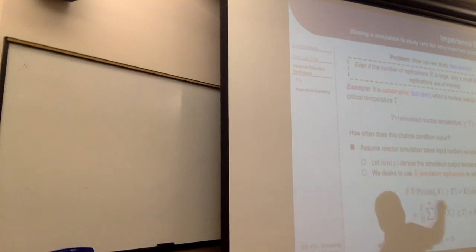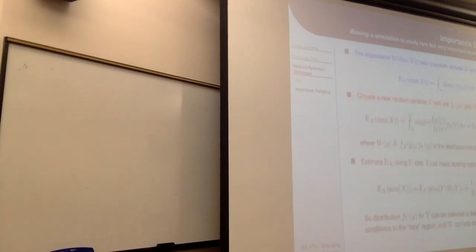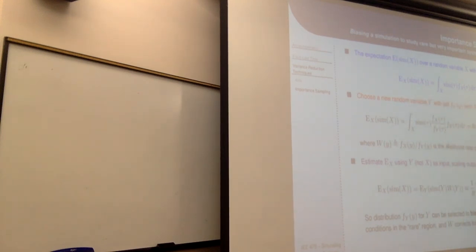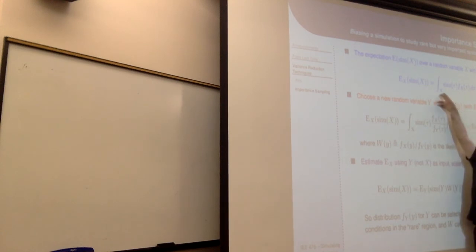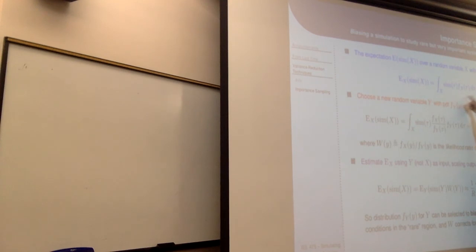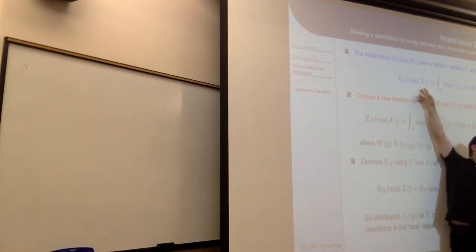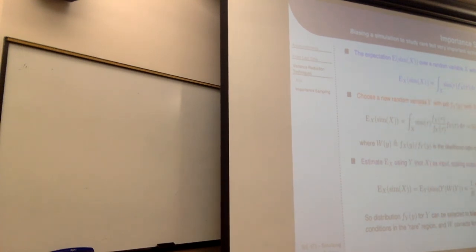I sort of don't care about normal operations. So the idea here is, can I somehow bias my simulation to generate more of these meltdown events than would normally happen, and then somehow correct for that bias afterwards? The way we do that is we look back and say, well, the expected value of a random variable when you run it through a function is this thing. It's just the integral over the support of that variable, times whatever the function is, times the density of that random variable. So x is my input from my input model, and this is the expected output.